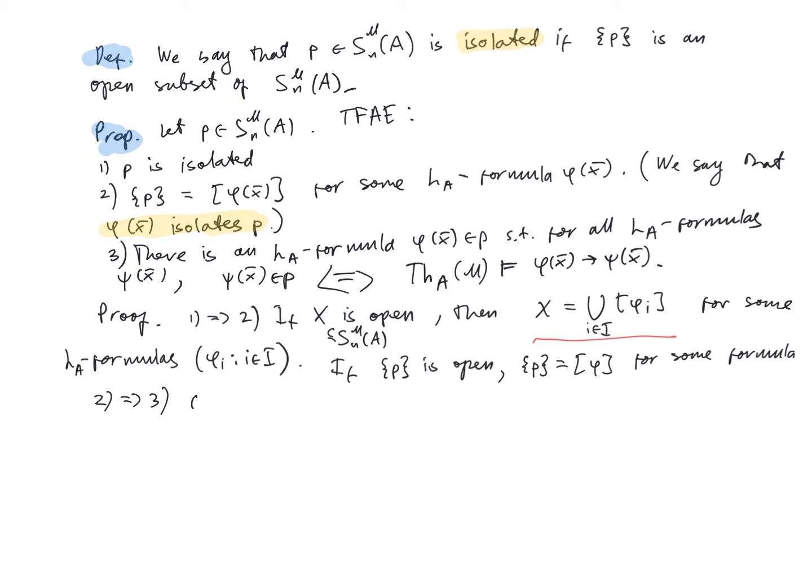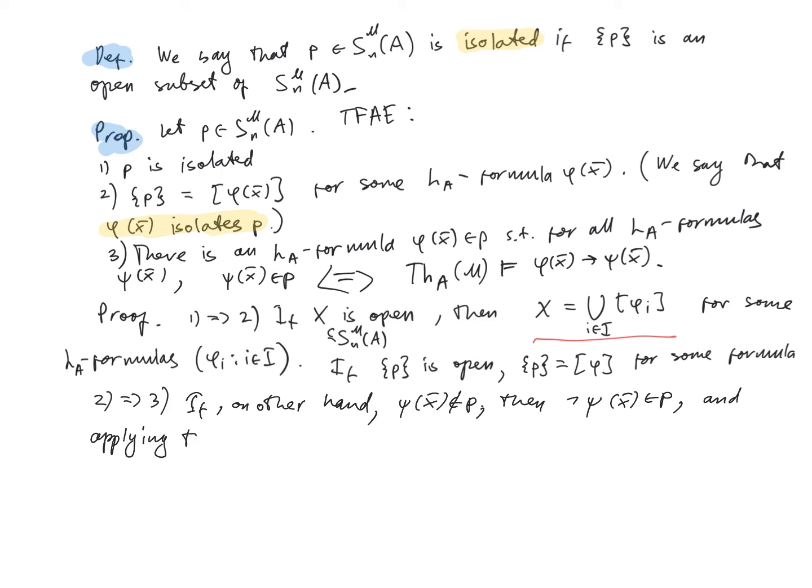Conversely, if on the other hand we have that psi of x bar is not in P, then we have that the negation of psi of x bar is in P, and applying the same argument, we get that the A theory of M implies that phi of x bar implies the negation of psi of x bar,